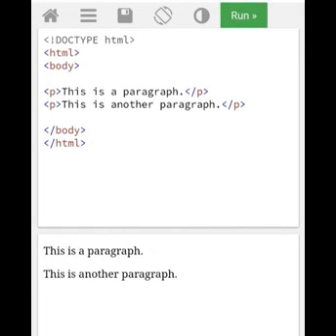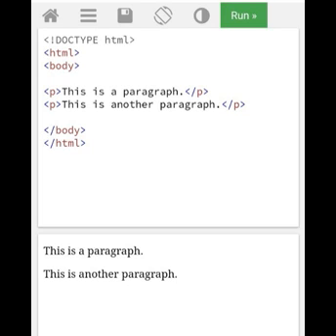Now you see this example for the paragraph tag. First, document type HTML. Whenever you write an HTML program, first you write the document type HTML, next the HTML tag, next the body tag. To give any information or paragraph, you give it between the body tag and the starting tag of the paragraph tag. This is a paragraph, this is the content. Next, the closing tag of the paragraph tag.